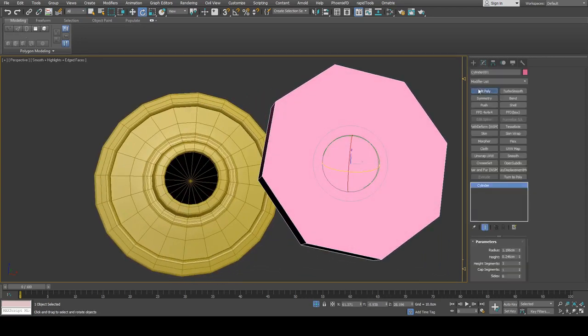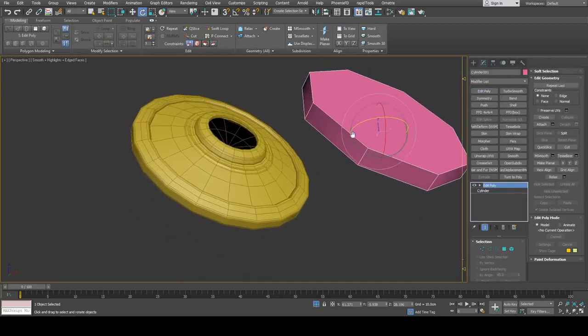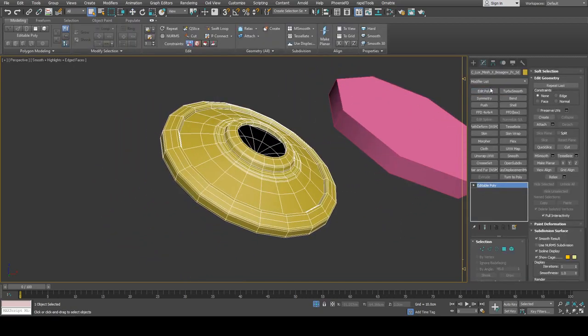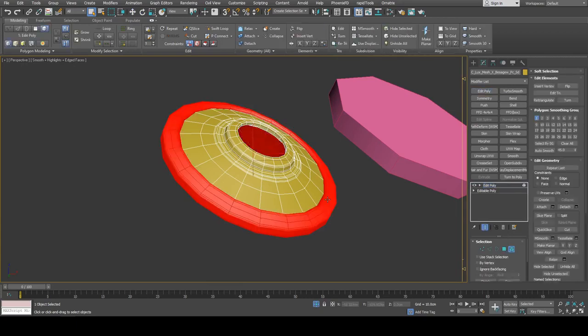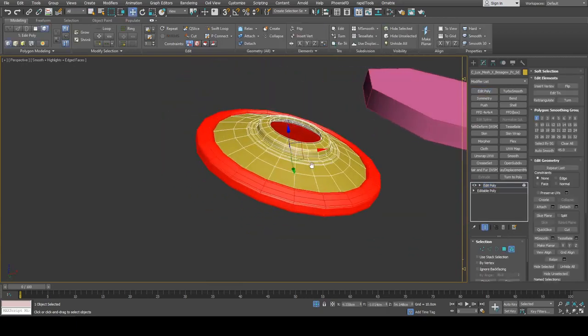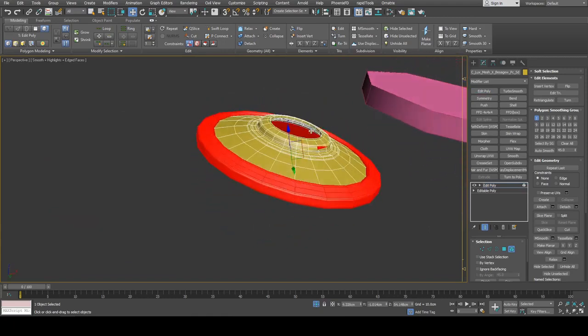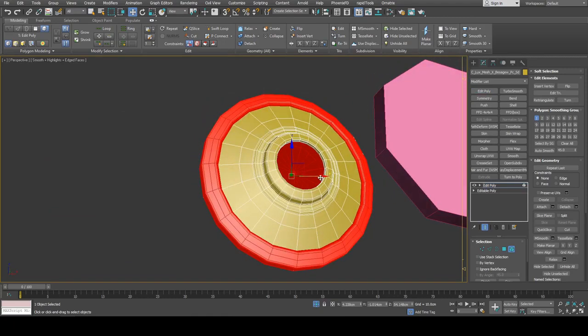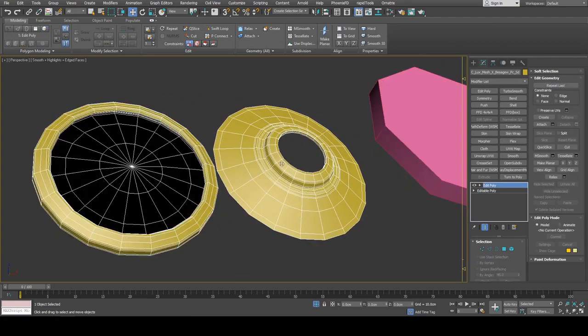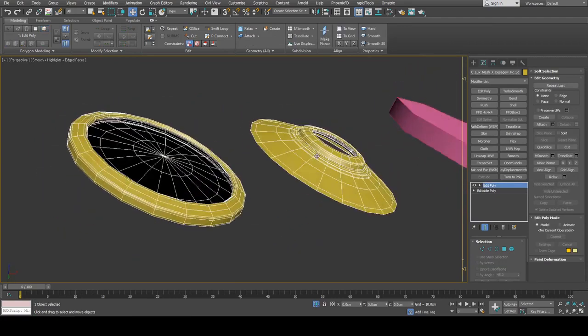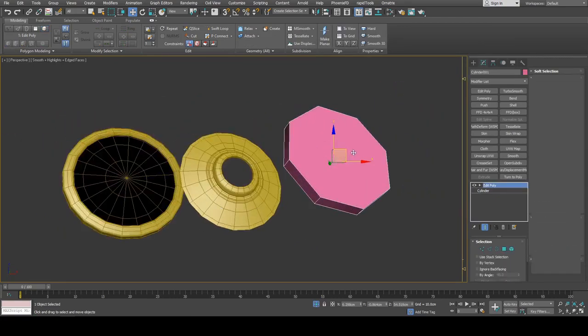Alright, so in order to get that I can just apply the poly. Let's see if it's made up of multiple elements. And it is. So we've got this kind of piece here and the inner piece here. Although for this situation you may just want it to be one element, it's very possible. This artist decided to get into 2 pieces right here. Alright, so then I can just